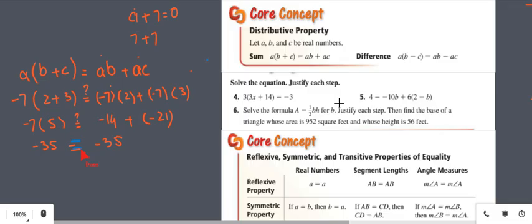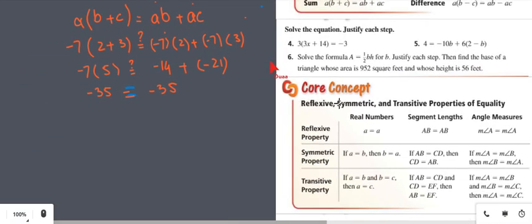So that indicates that the property holds true. Similarly, if you are subtracting two numbers and then multiplying by a number, it is equivalent: you just multiply the number outside the parenthesis with both numbers and then subtract them, and the result will be the same. Clear? Now, by using this distributive property and the properties that we already learned, let's apply them